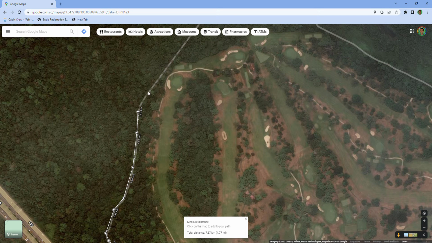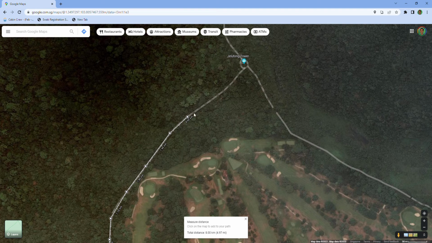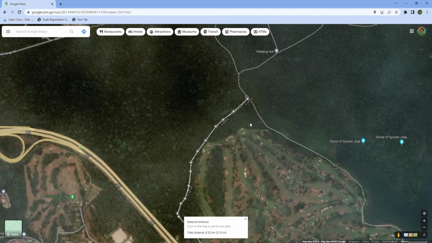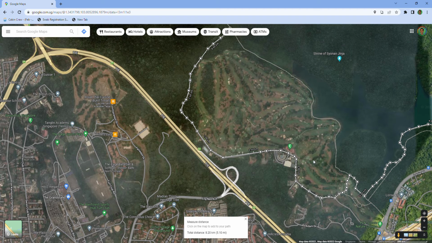And let's continue clicking. I'm actually doing a left click, if you can recall. Still clicking on the mouse left click. Okay, reach 8 kilometers. And then we'll head towards the Jelutong Tower. As you can see, if I zoom up, in case this route is not open, we will go from here